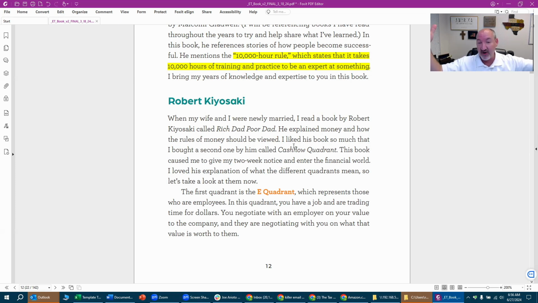So it was very popular when I had originally read it. And I loved his story of talking about the different mindset of money and thinking about money with his dads. His rich dad had a different type of mindset. His poor dad had a different type of mindset. Both dads were well-meaning and made their decisions based on their training, hours, and expertise. So they were both right.